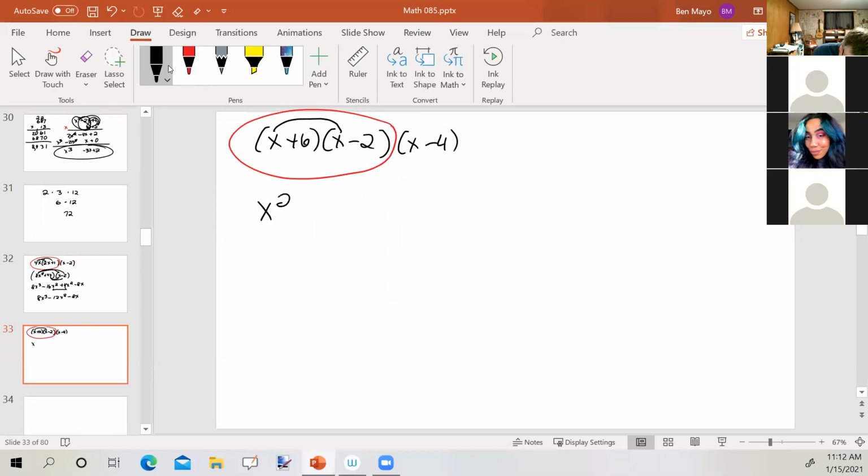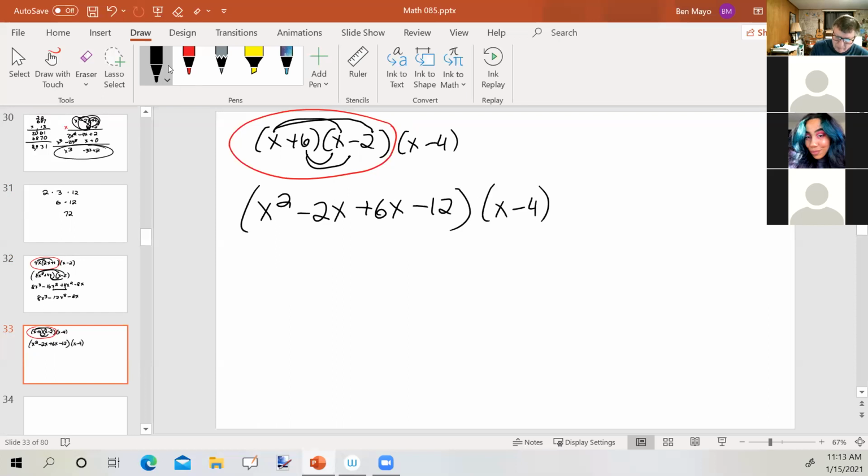So x squared minus 2x plus 6x minus 12. But I'm going to continue to simplify that further and combine like terms, x squared plus 4x minus 12 times